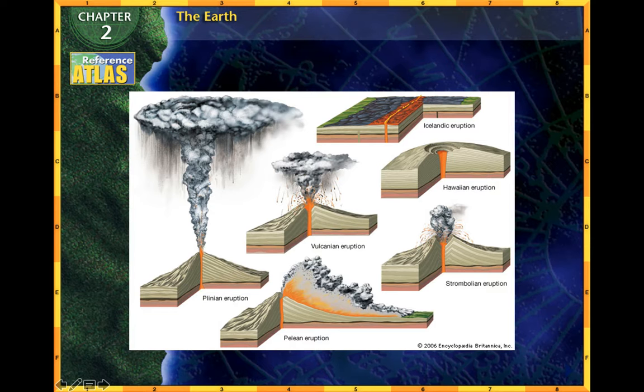So you can kind of see some of the different types of eruptions here. Like in Iceland, that's where you'd see the fissure types, and there's just a nice steady stream of lava coming out, creating new stuff. Hawaiian eruptions kind of do the same thing. And then you have other different types: Vulcanian, Strombolian, Peléan, and Plinian. Peléan would also be what destroyed Pompeii back in the days of ancient Rome. These are the ones that explode and create a lot of havoc. But as I said, a Peléan is the one where the mountain will literally blow up.